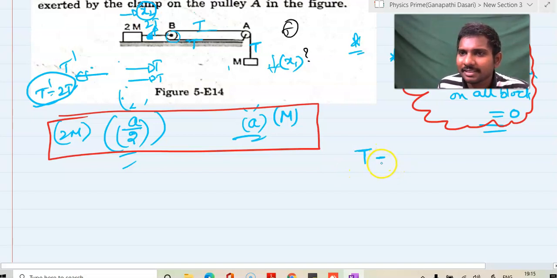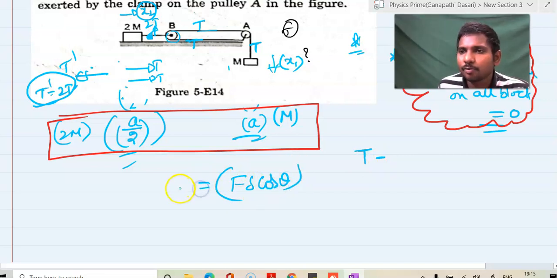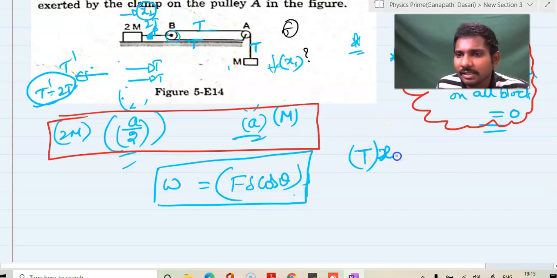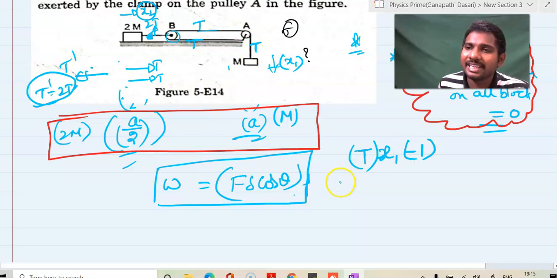Force into displacement into cos theta, which is the work done formula for a constant force. Here tension is a constant force. Tension into displacement x1 into cos theta, because the block is going downwards and tension is upwards. Cos 180 is equal to minus 1, so minus Tx1,